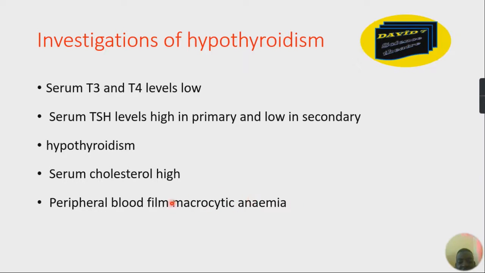This anemia is macrocytic anemia. We saw that when we were talking about anemia in our recent video. All right. The photomotogram shows delayed ankle jerk. Okay, the photomotogram shows a delayed ankle jerk in hypothyroidism. All right, let's continue.